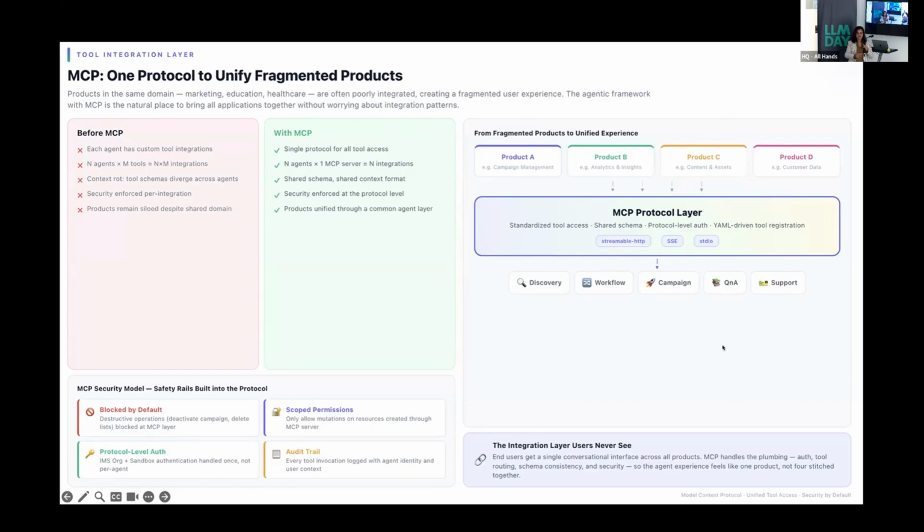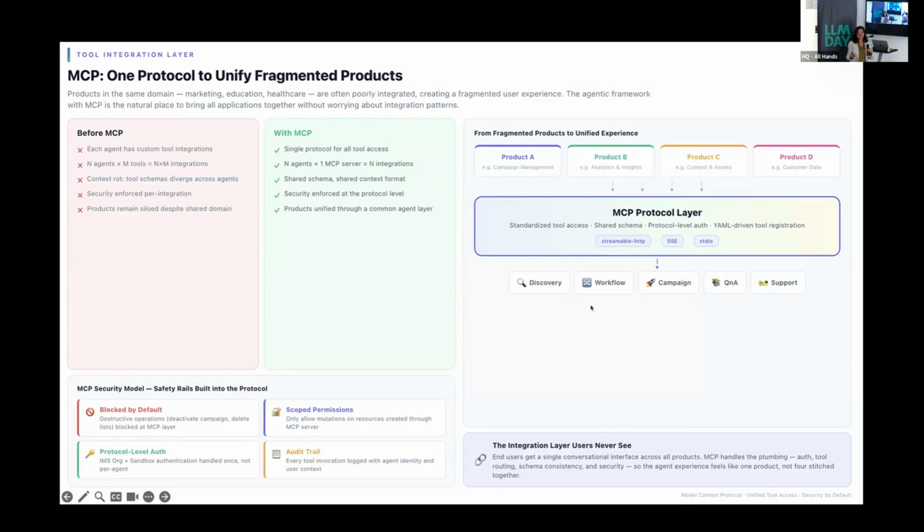You needed a constant integration protocol and what is the security here? What is the integration load here? And if it changes, what is the way to communicate that change? MCP takes all of that away. It's like a wrapper on top of your API. It's not very difficult to build. It does not add latency at all. And it standardizes everything. So your agent can just connect to these APIs and look at the documentation for the MCP APIs, and that's it. And MCP has security baked in, so you can definitely allow certain things to happen and not allow certain things to happen.